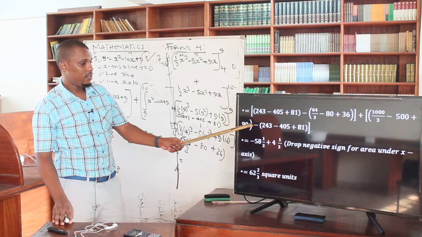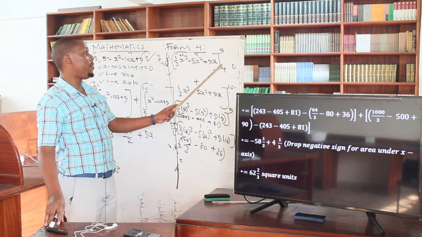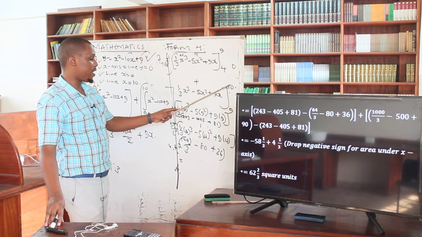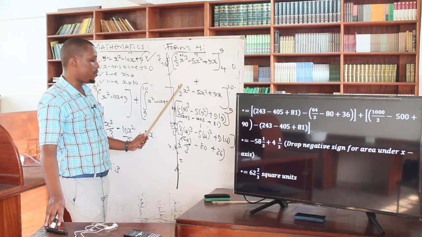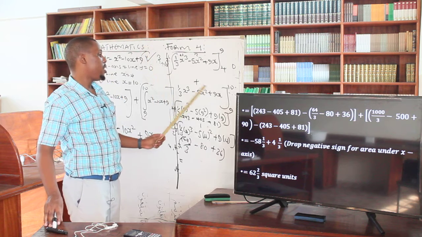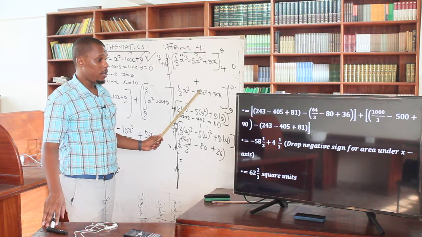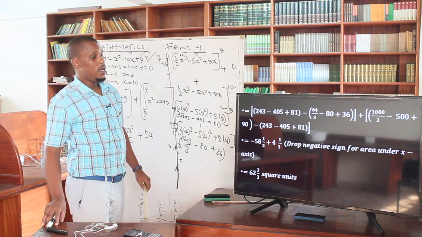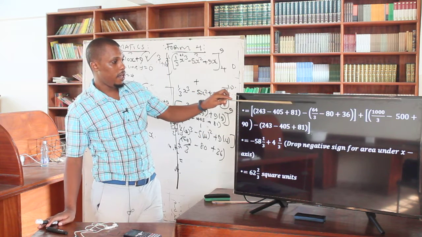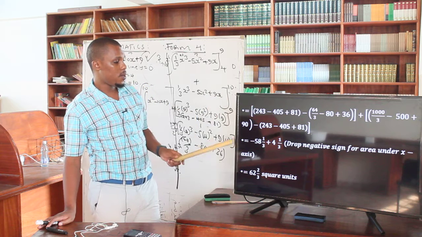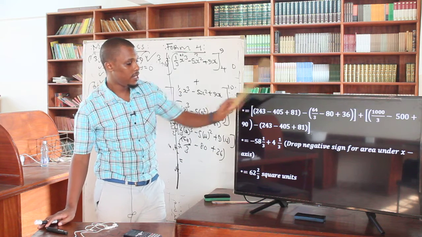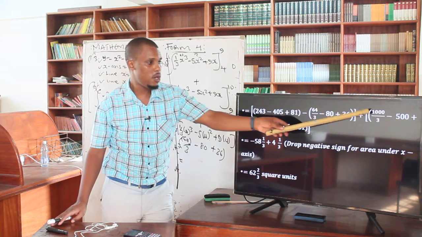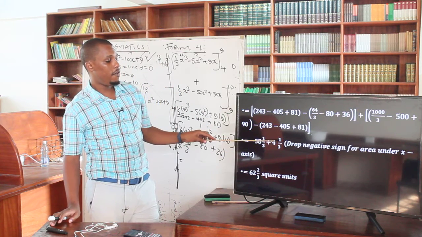Then you minus again. Now you're putting the value of the 4, and out of the 4, you put now the 9, because it's the second part. Put now 9. Where there is 16, you put 9, you get 243. Then again here you put 9, you get 405. Then here you get 9, it's going to be 81. So when you subtract, if you solve this part, we're getting our answer as negative 58 over 3. Then when you solve the top part, you're getting the answer 4 over 3.